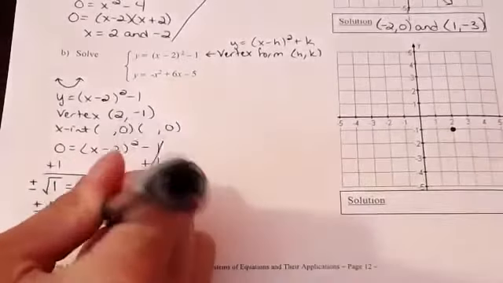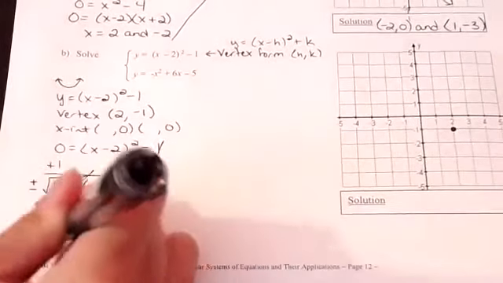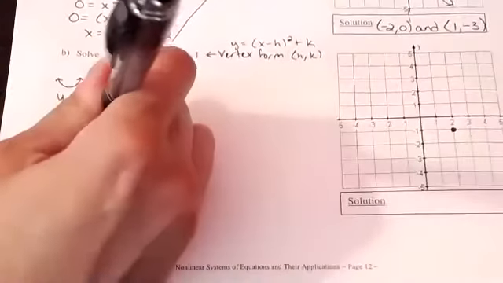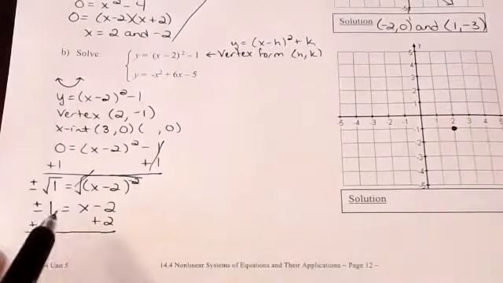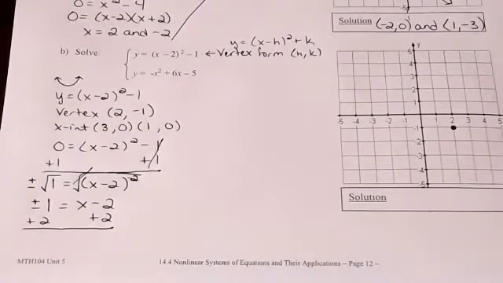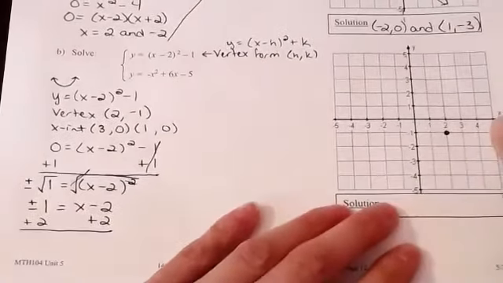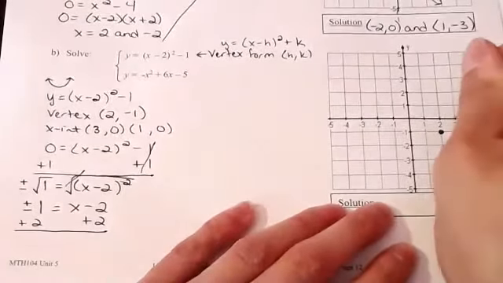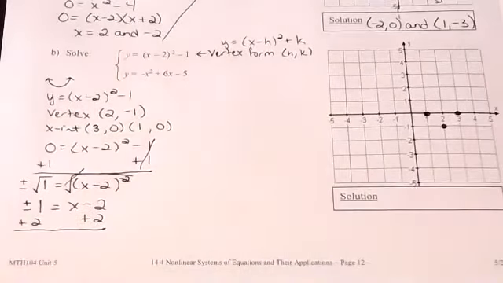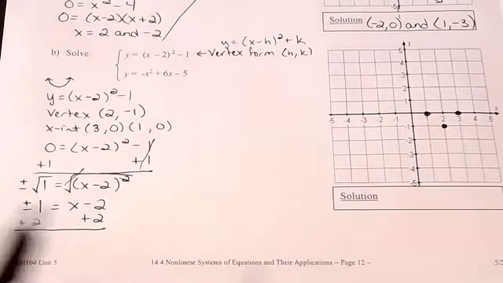Let's go ahead and add 2 to both sides. So now let's do the math. We have 2 plus 1, which is 3. And then we have 2 minus 1, which is 1. So I've just found my 2 x-intercepts: 3, 0 and 1, 0. I'm going to shift this over a tiny bit. The last thing I want to do in this case is find my